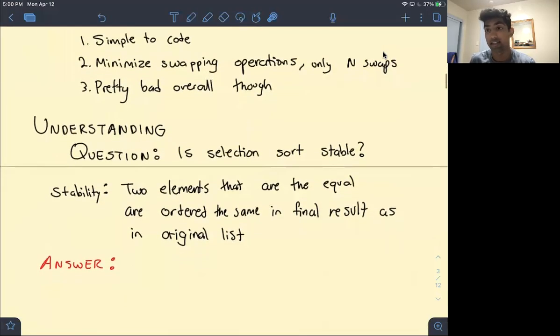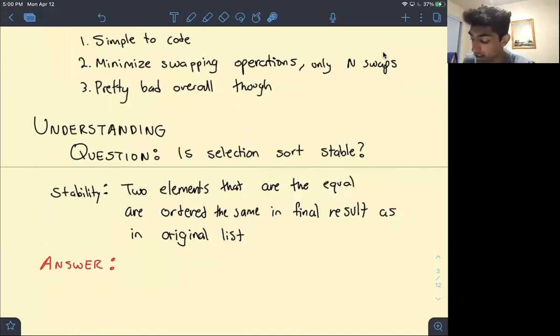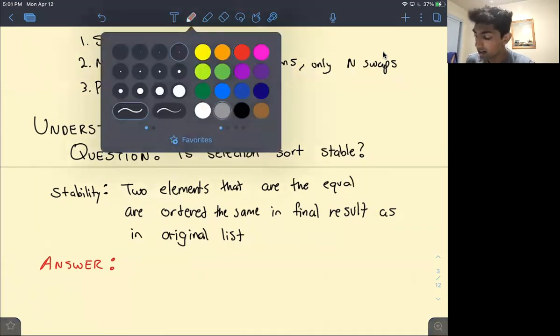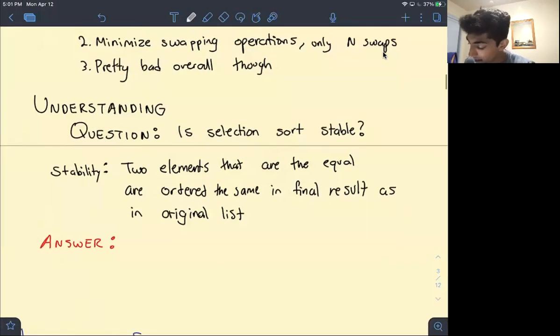So a quick understanding question: is selection sort stable? And let's recall what stability means. We say that we have a stable sorting algorithm if for every pair of two elements that are equal, they're ordered the same in the final result as in the original list. So let's see what I mean by that. Suppose we have,